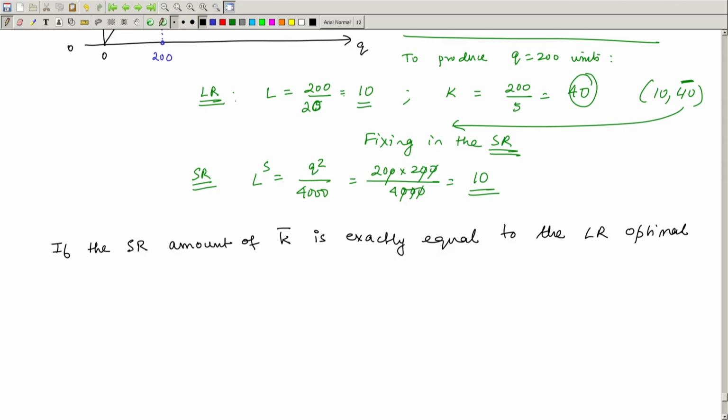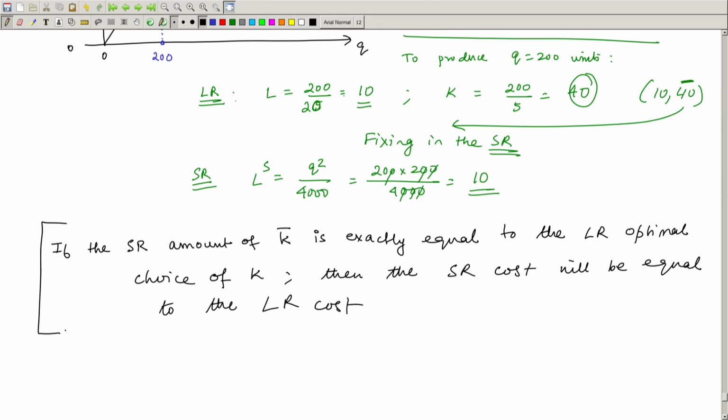In the long run, you are not fixing capital, you are in fact choosing the K star by solving the tangency condition as well as the production function condition, right. So, if the short run amount of K bar is exactly equal to the long run optimal choice of K, then the short run cost will be equal to the long run cost,